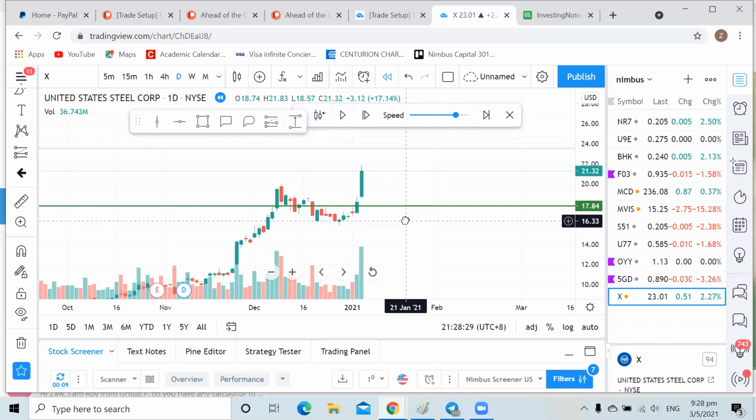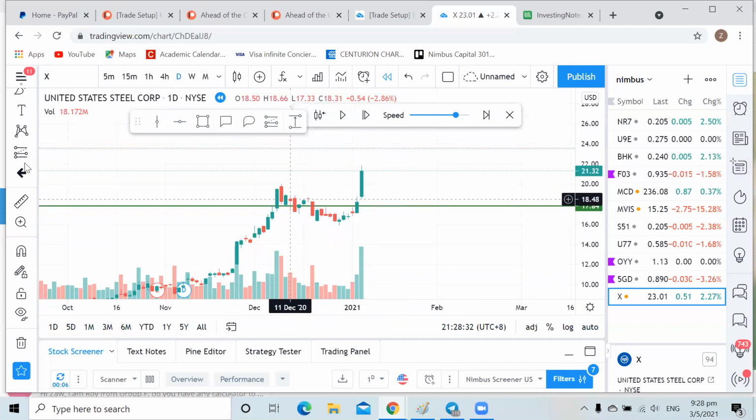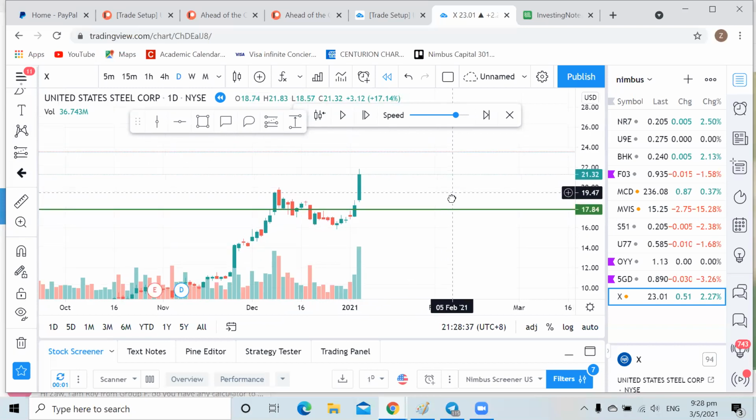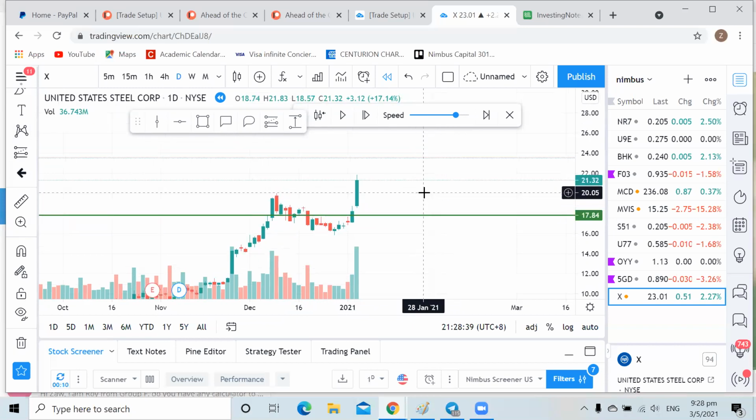Number one, you need to put this counter in your watch list, and you need to monitor every day whether the stock comes down to the second entry and then U-turns back out or not. But of course, the